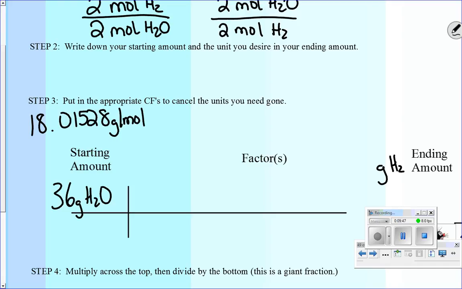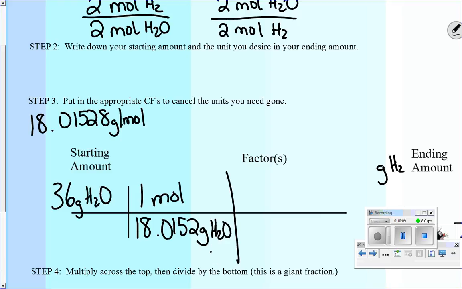Now remember, as a conversion factor, what this actually allows me to do is flip-flop between whether I want grams or moles on the bottom. I want grams on the bottom, so I'm going to do 18.0152 grams on the bottom, 1 mole on the top. And actually, I'm sorry, I should practice what I preach here, and I'll put water with that. So this is going to allow me to cancel out my grams